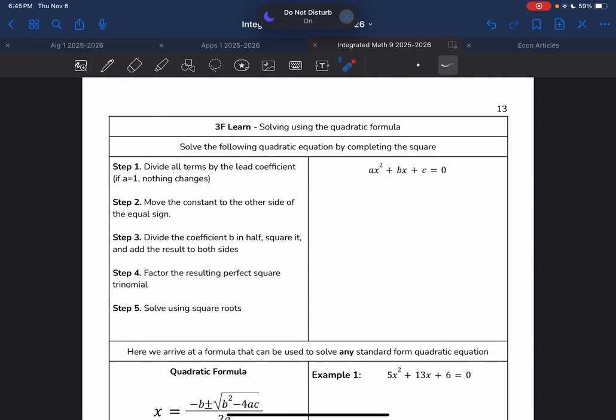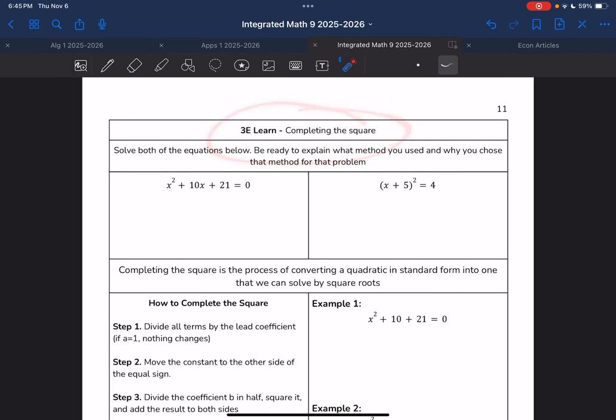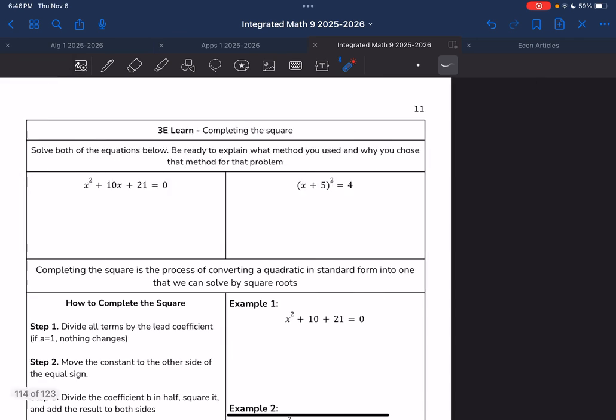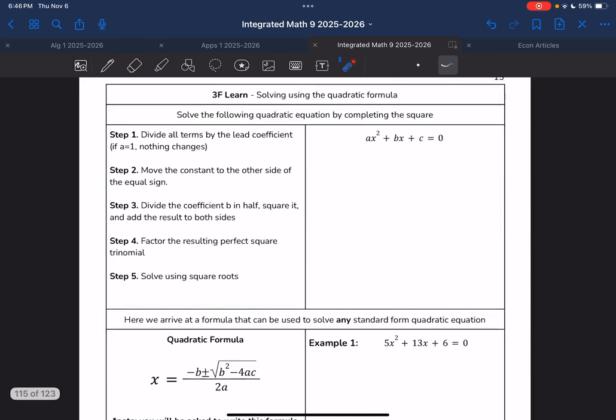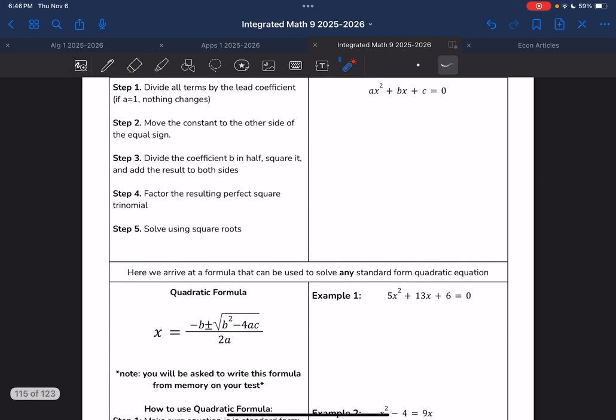Alright, so this video will serve as a little mini crash course in completing the square. It's a method for solving quadratics that we're not going to have time for during this unit, unfortunately. But I still want to show it to you because it's actually where the quadratic formula comes from. So we are going to be using the quadratic formula to solve quadratics, but the quadratic formula is not something